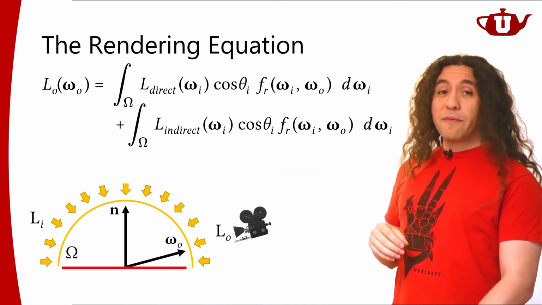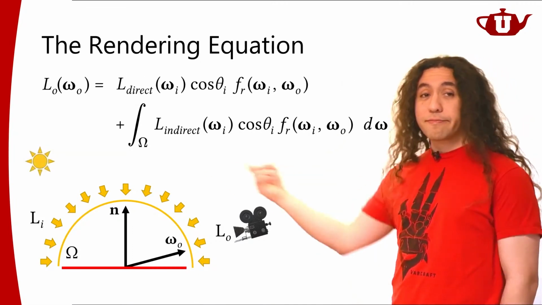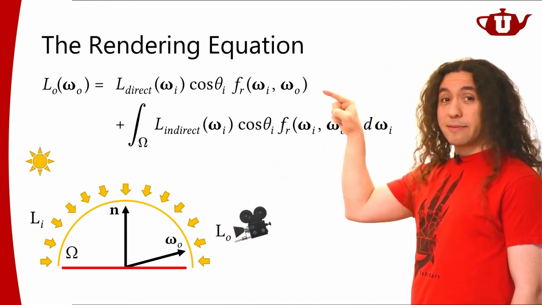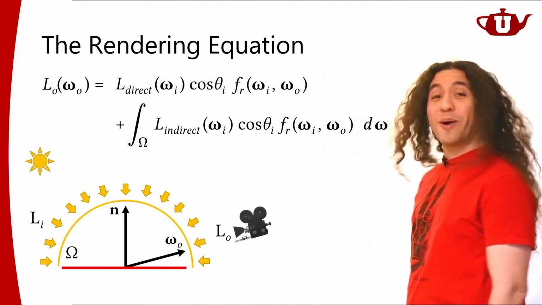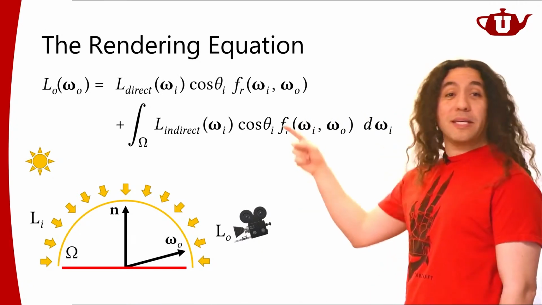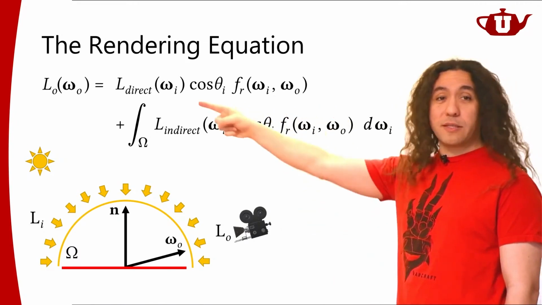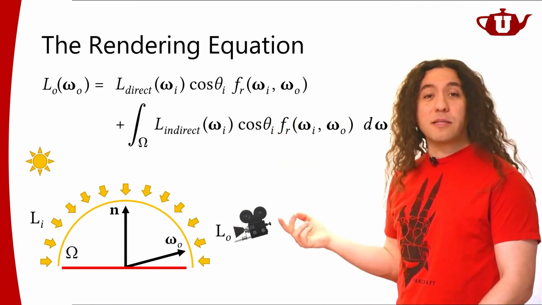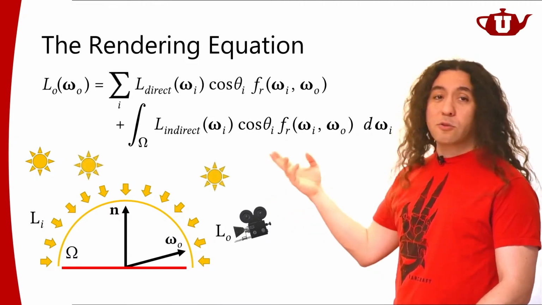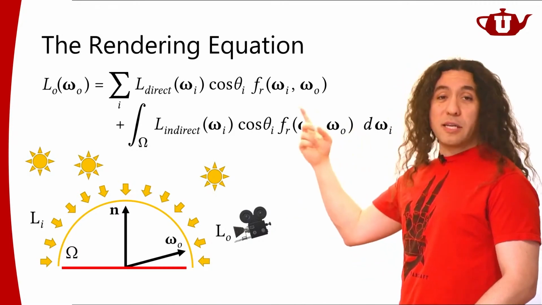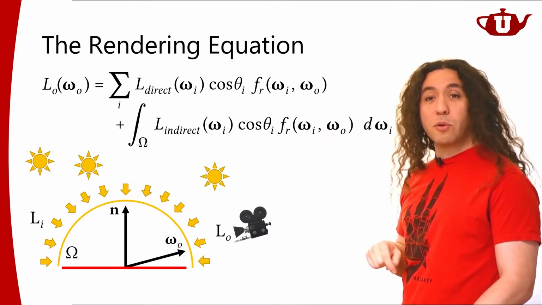For example, if I have only a single light source in my scene, like this guy, this direct illumination equation simplifies quite a bit, right? Just that integral collapsed into this very simple form, just one direction, only one direction exists. If I have multiple light sources in my scene, then it's going to be a sum of all these light sources. Still, it is so much easier than actually trying to compute an integral like this.